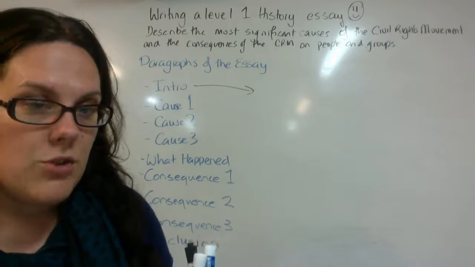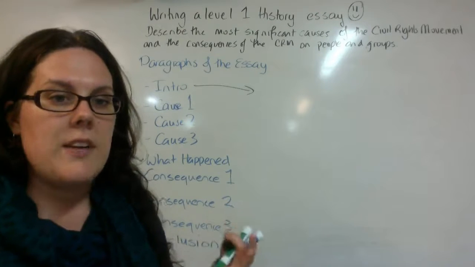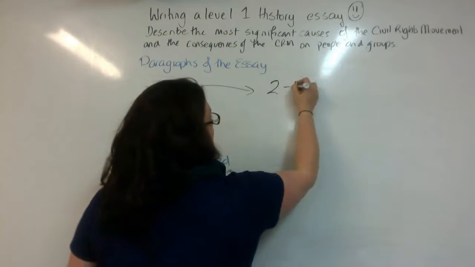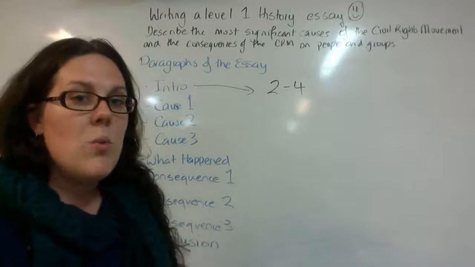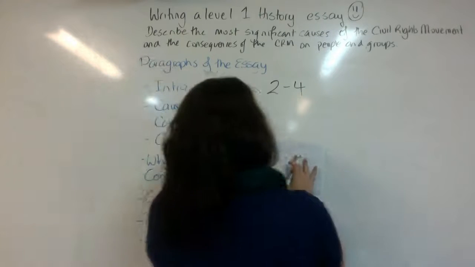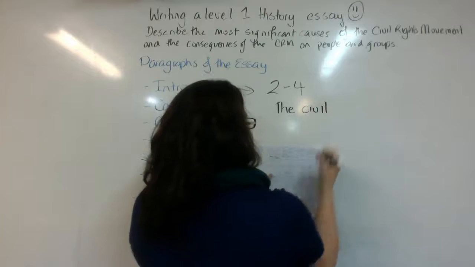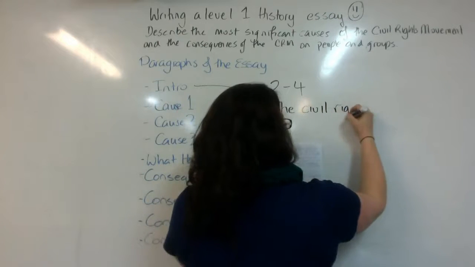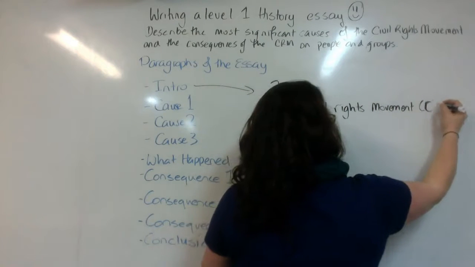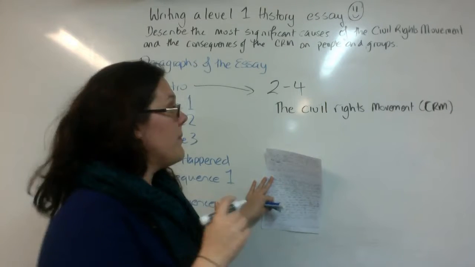So if we start off with the intro, the first thing that you've got to make sure that you do in the intro is introduce the event you're looking at. So you should write about 2 to 4 sentences at most, which introduce the event. An example of this that I can give you is the civil rights movement, and I can put my code in there that I'm going to use so I don't have to keep writing civil rights movement every time I talk about it. The civil rights movement